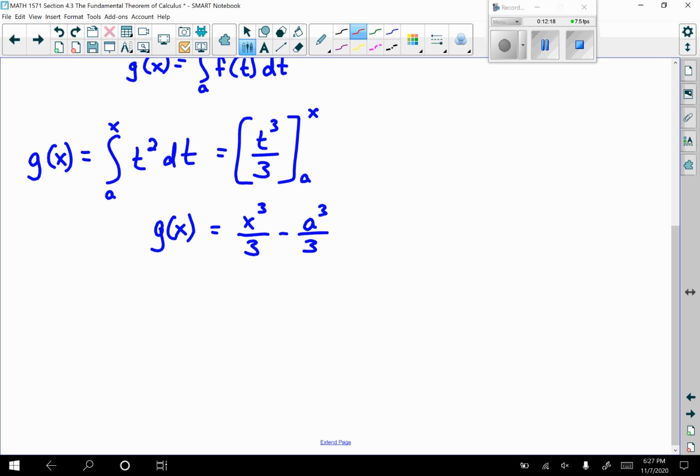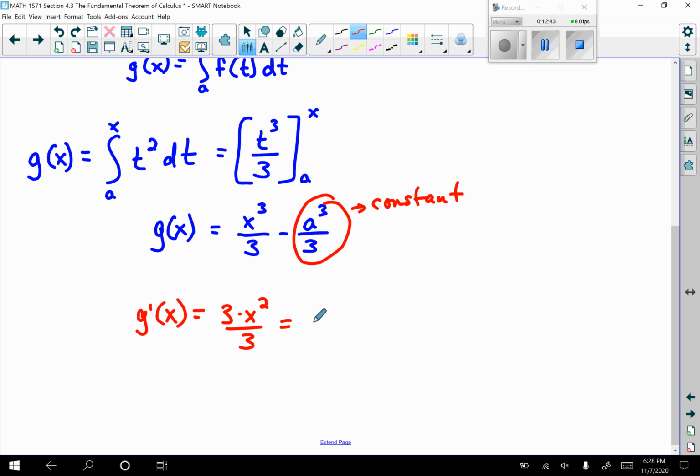So now if I wanted to find g prime of x, I'm going to take the derivative here. So notice I no longer have t's up here. I have the x, and then a is a constant, remember. So if I took the derivative of this first term, I'm going to get 3 times x squared over 3. And then the derivative, remember, this is what I just said, a constant. So the derivative of a constant is 0. So now this just turns into x squared,